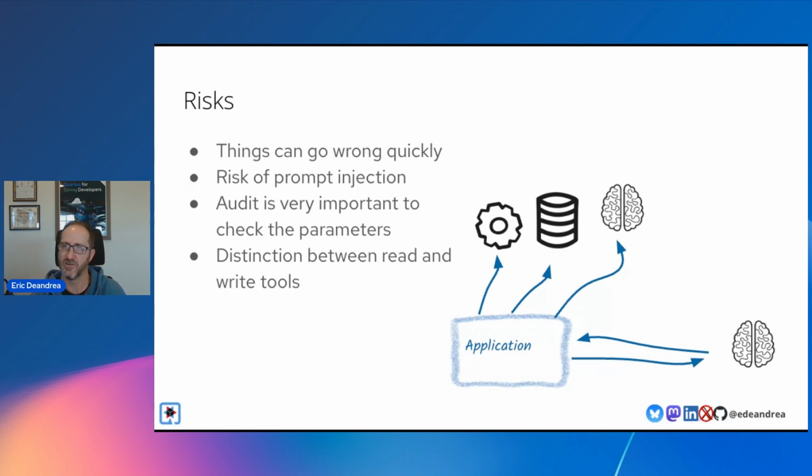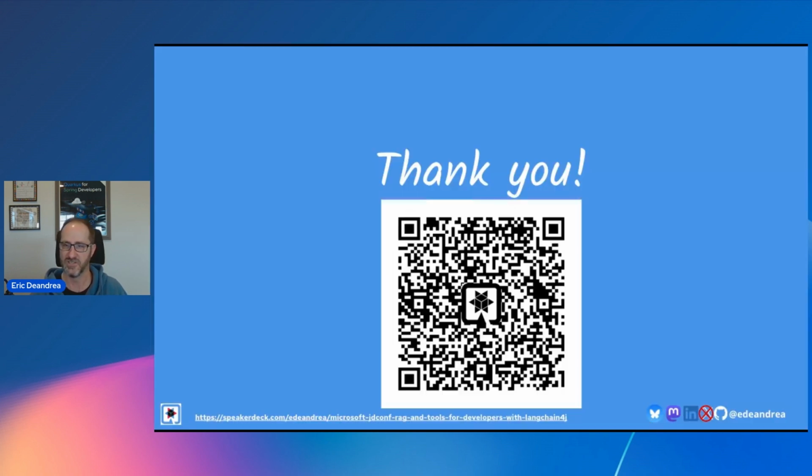Especially when you start giving these tools, have very clear delineations between tools that are read-only and tools that have access to actually mutate stuff. One of the challenges I've seen is that validating the output of a tool is one thing, but getting the LLM not to invoke a tool when you don't want it to, or to invoke a tool when you do want it to, can sometimes be pretty tricky. So just take care. There are some risks there. And I think that's about all I have.